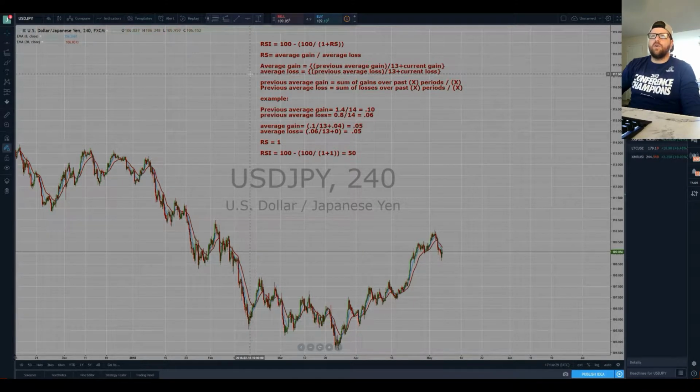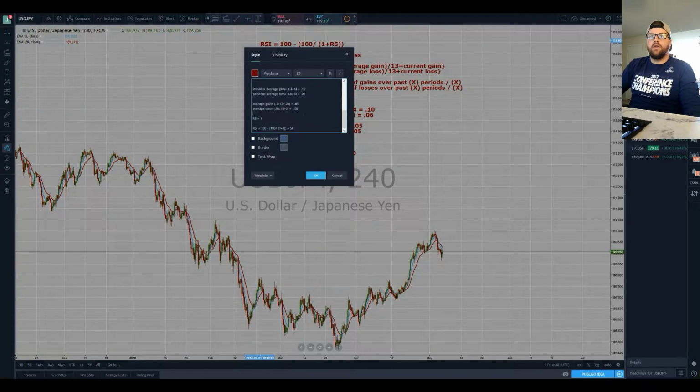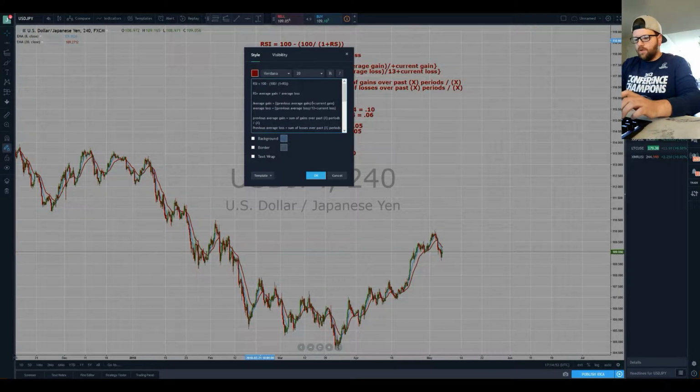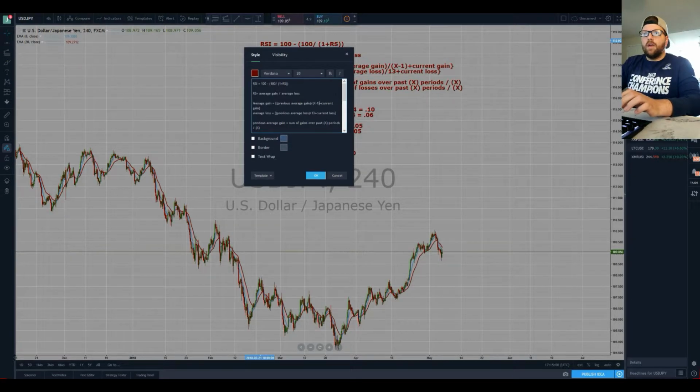The RSI, or the Relative Strength Index, equation is 100 minus 100 divided by 1 plus the relative strength. The relative strength is the average gain divided by the average loss. The average gain equals the previous average gain divided by 13, or that should say x minus 1. Excuse me for that. In fact, I'm going to change that right now. It should say x minus 1, not 13. So we're going to put x minus 1 for that, and